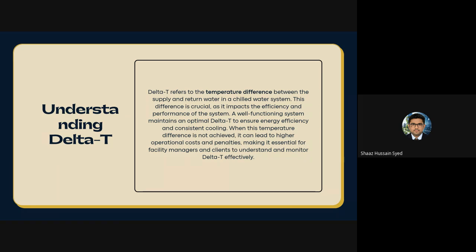The difference between the incoming cold water temperature and the outgoing warm water temperature is called delta T. This is basically the simplest form we can put delta T in. I'll give you an example. Suppose the district cooling incoming water temperature is 6 degrees and your building is returning it back at 16. So the delta T would be 10 degrees. That means your building used the cold water properly. It absorbed enough heat.